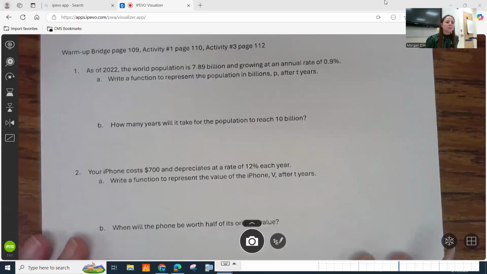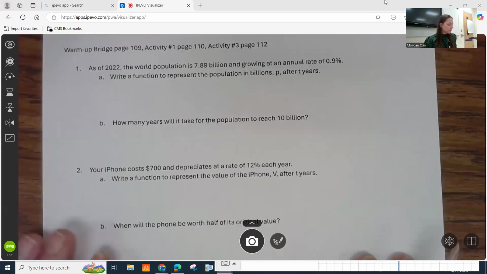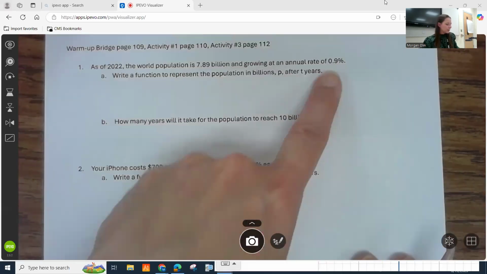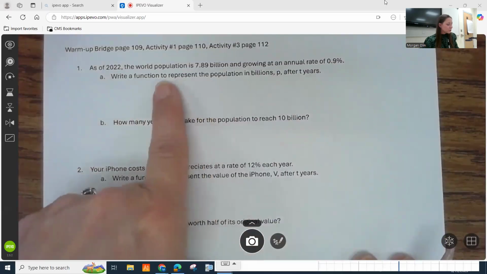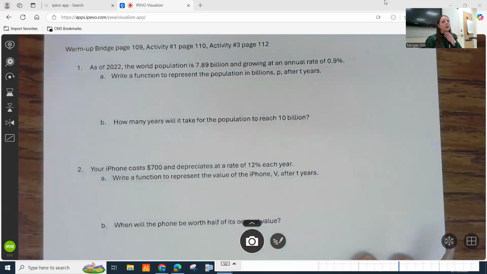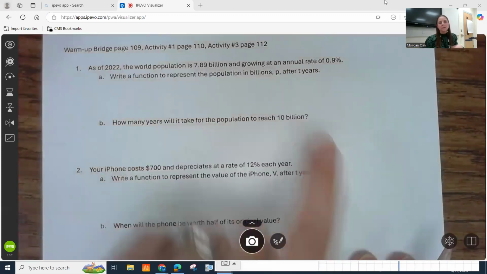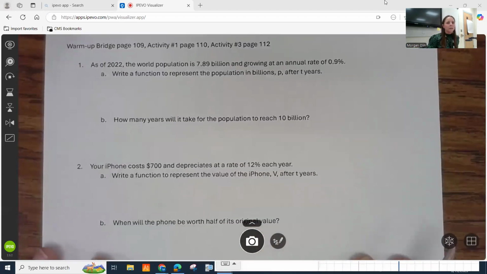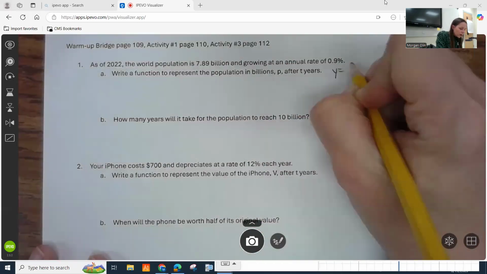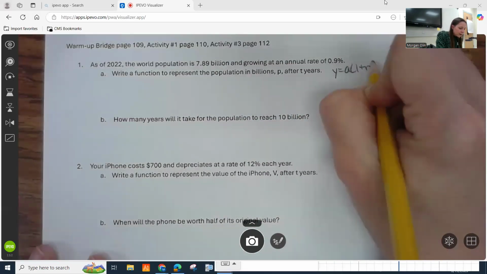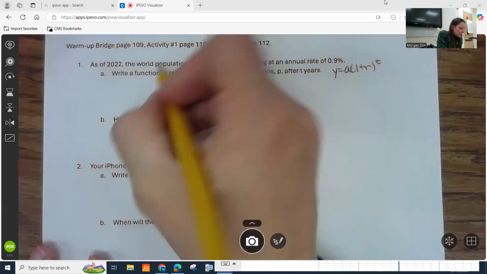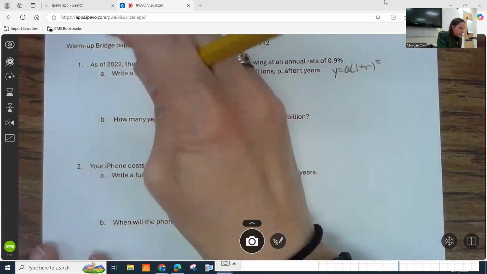As of 2022, the world population is 7.89 billion and growing at an annual rate of 0.9%. Write a function to represent the population in billions, p, after t years. Try to do it with the p and the t instead of x and y. So if we're writing a function, this is growth. Here's our generic form right here. Does not say compounded, so I'm not using the ones with n's. I'm starting out with